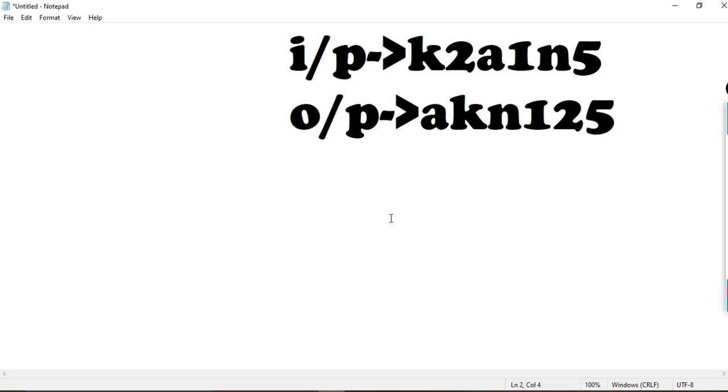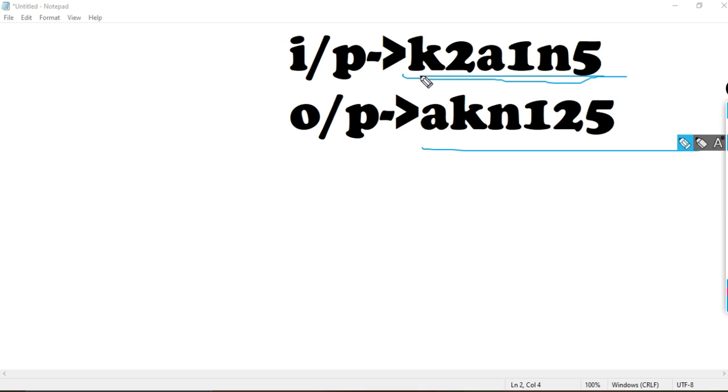It's Noob. So, guys, we are going to solve another problem which is based on strings. Here you can see a string which is a combination of numeric and character data types, but we are just taking it all as a string, and the output should become like this. How does the output come, guys? Here you can see K to A, 1 and 5.